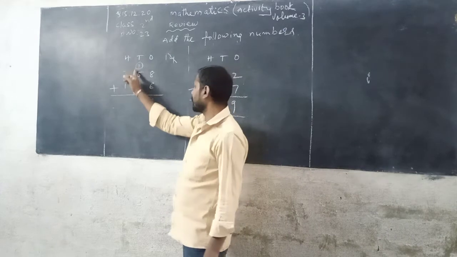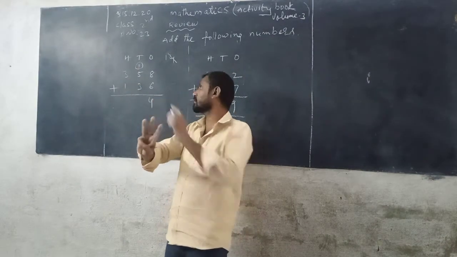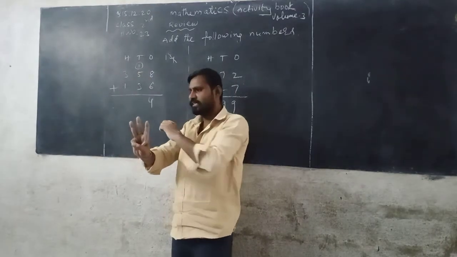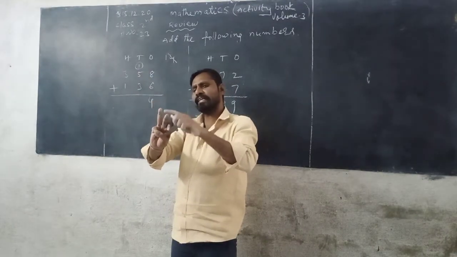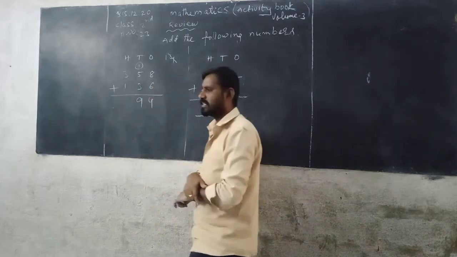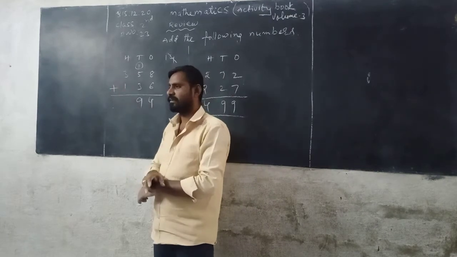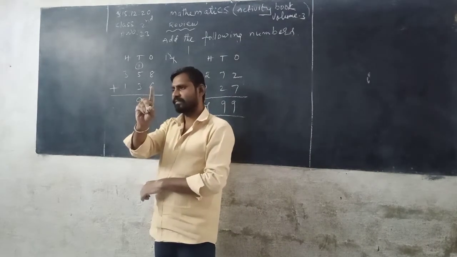Next, 1 plus 5, 6. Keep 6 in your mind and count 3 fingers. Look at the blackboard. 1 plus 5, 6, no? 6 after 7, 8, 9. So 9 is written down. 9 is a one-digit number, there is no carry. Next, add the digits in the hundreds place. 3 plus 1. 3 after 1, 4.